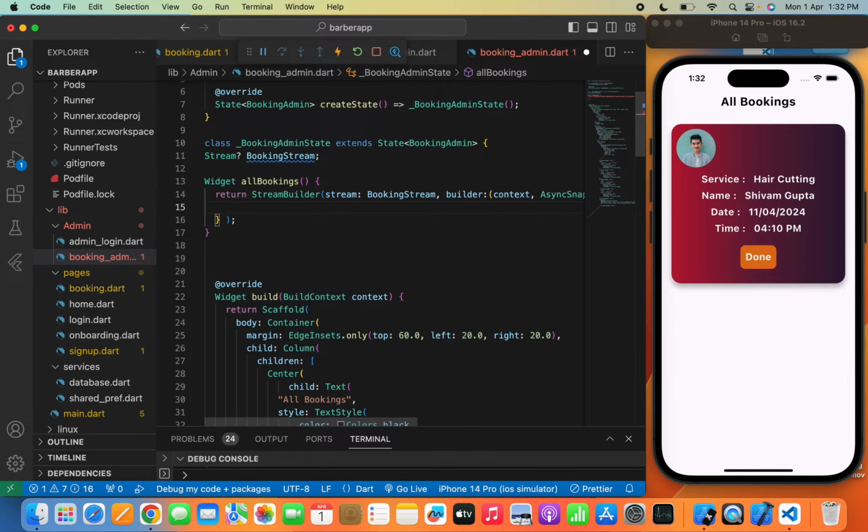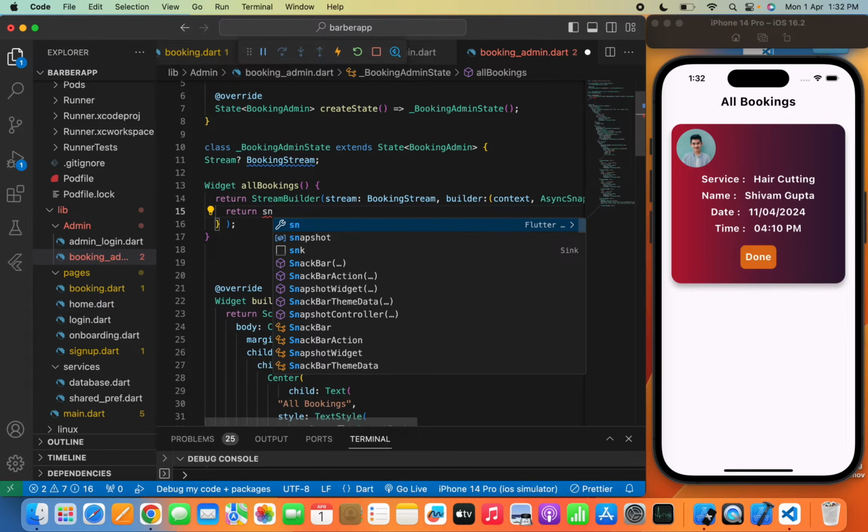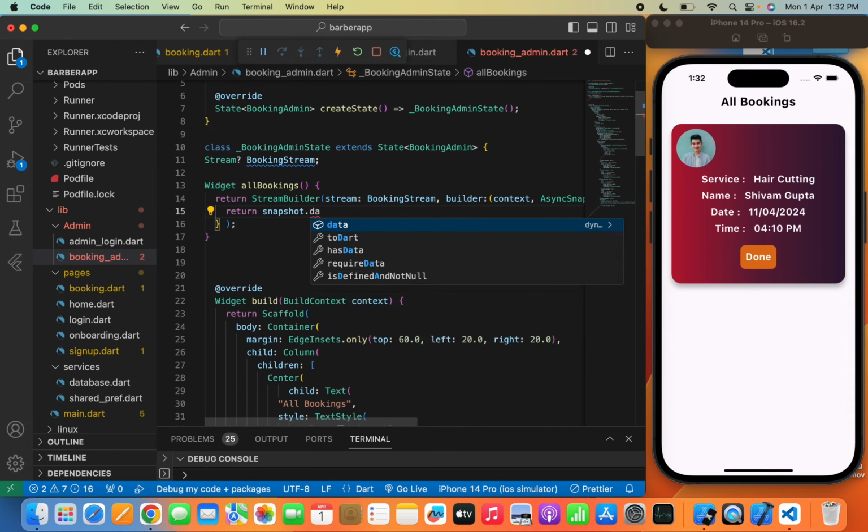Now here I will write return snapshot dot hasData, and we'll check that if the